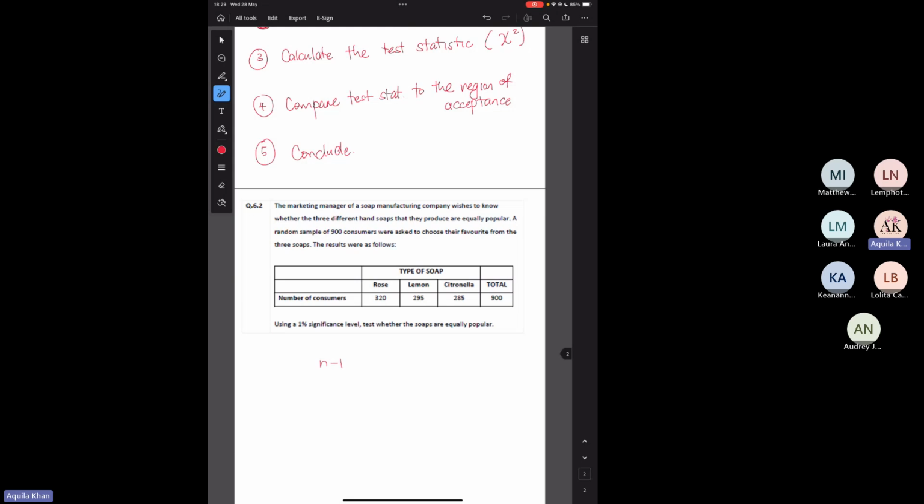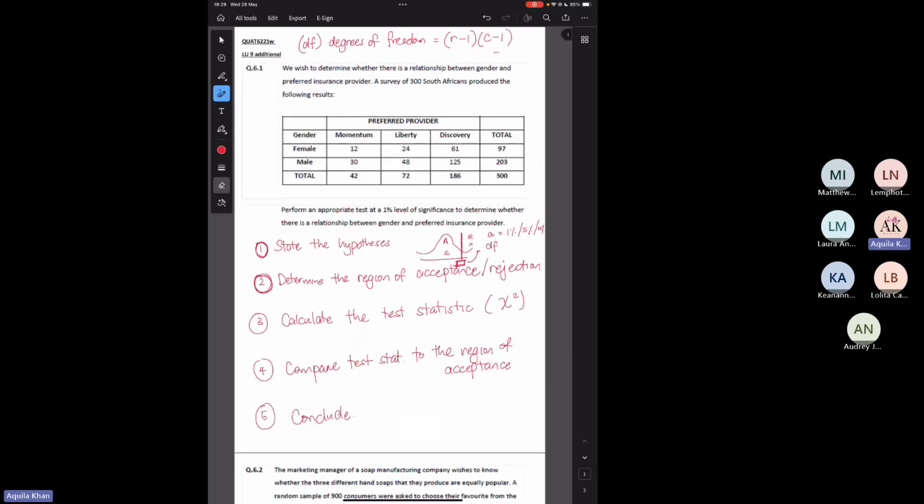And n here just means how many categories or how many variables you have. So for example, here there are three categories, so it would be 3 minus 1. There are two ways that you can calculate degrees of freedom. It is either R minus 1 multiplied by C minus 1, or it would be N minus 1. It just depends on the type of information that you have, and that would affect your calculation of your